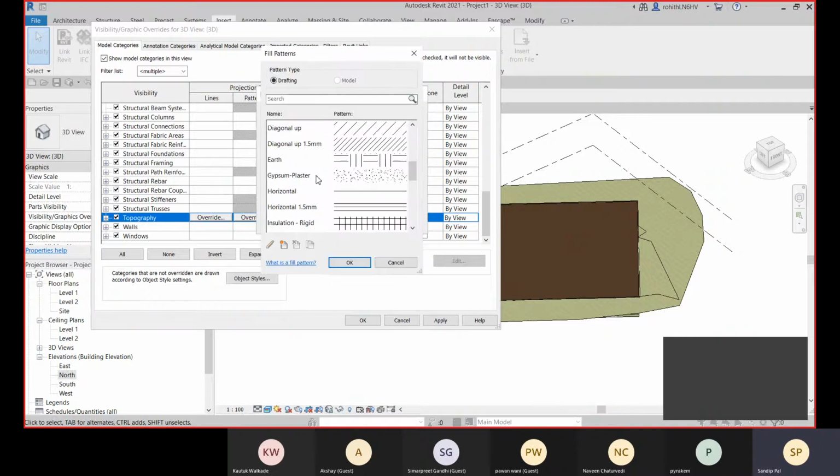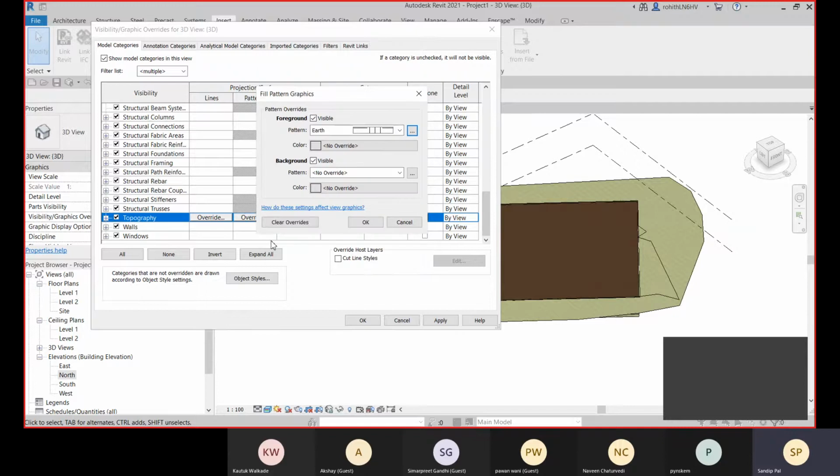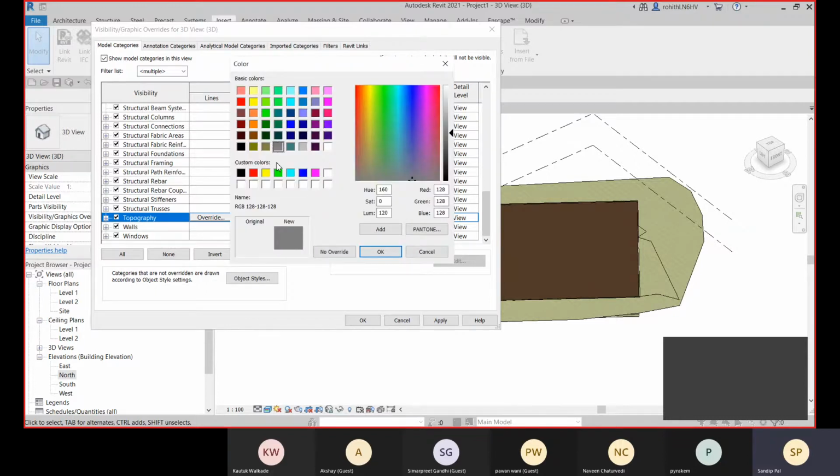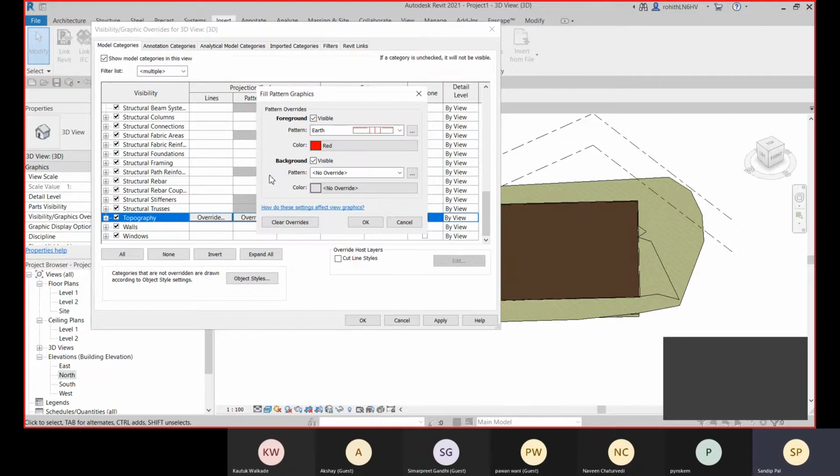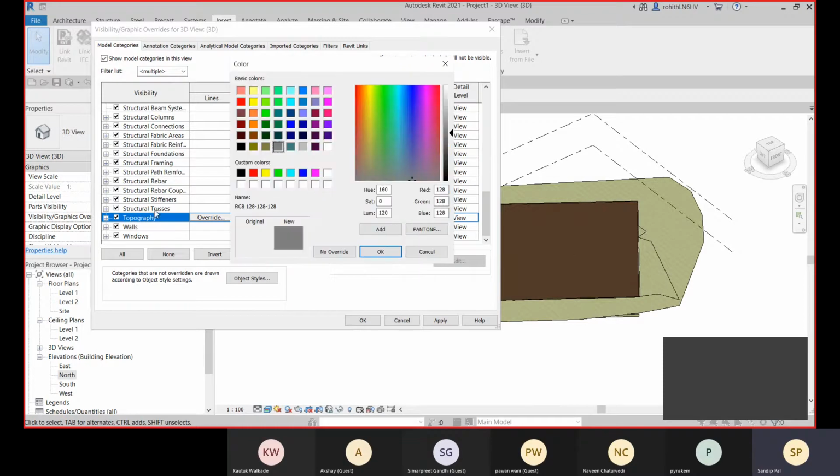And let me go for this pattern. So here you can go for an earth pattern. Yeah, so here we have this pattern. Click on OK, and you can apply some color if it is needed. So we can go with the red, and in the background if you need anything, you can go with the solid fill color. So let me go with this color.